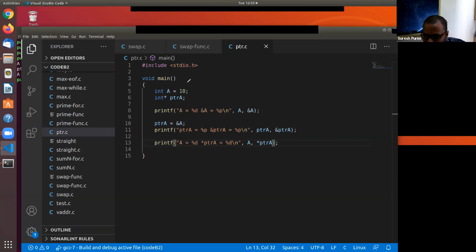Tell me where memory for the variables A and PTRA are allocated.